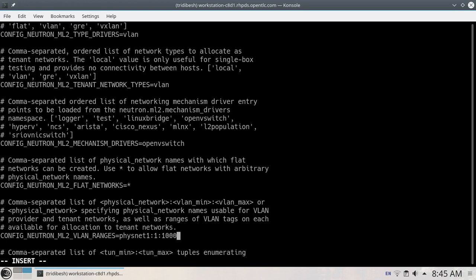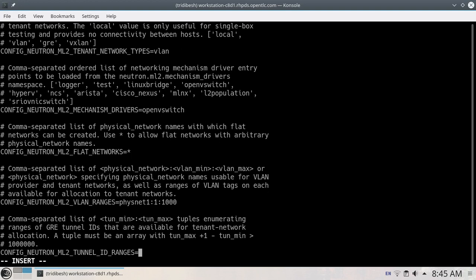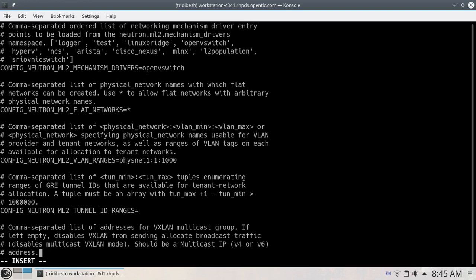So this is the name, we'll give the physical name, then VLAN minimum is 1 and VLAN maximum is 1000. This is what you will set. This is an arbitrary name you are setting up. Then you have to do the OVS bridge mapping also. So let's go to that option.